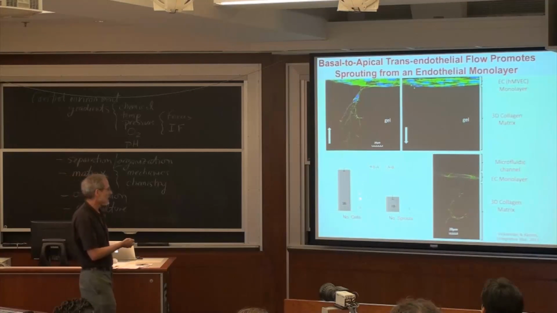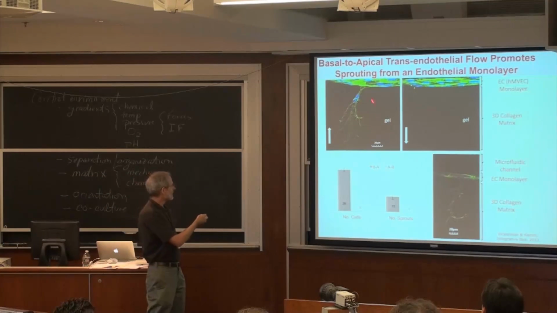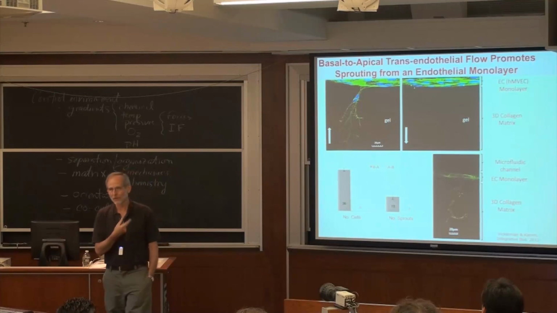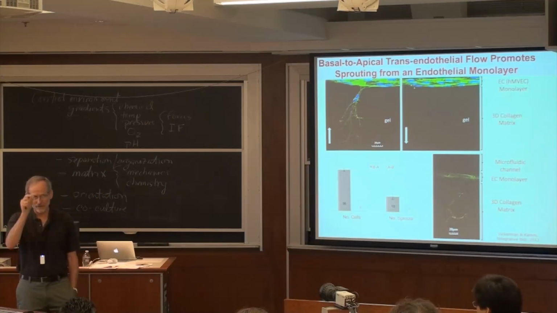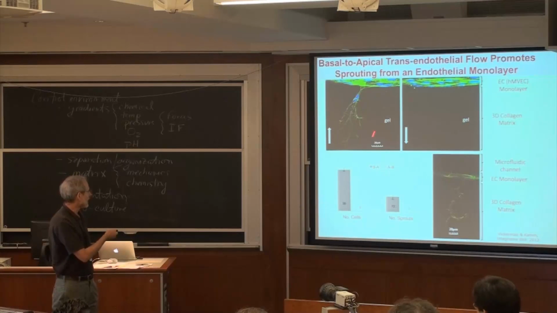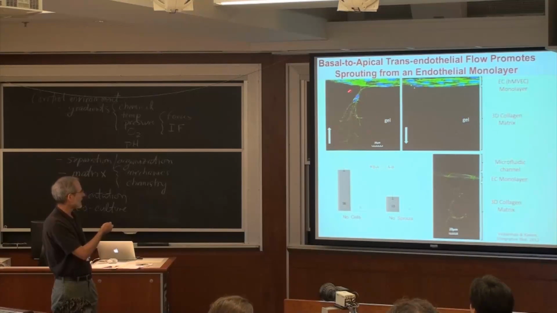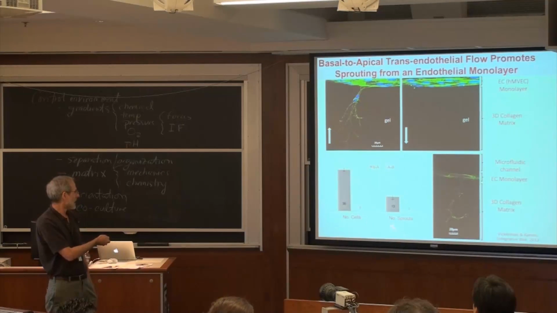And what Vernella found was that in all cases, with or without any additional growth factors to form vascular networks, the flow gave rise to very active formation of vascular networks if the flow is from the tissue out into the vessel,